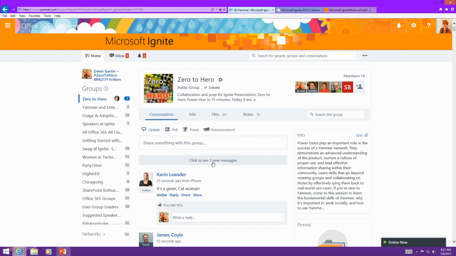Now, the other thing you may have noticed is it is a public group. We did ask you to join, but you don't actually have to join public groups. You can. Certainly, that's where the join is up here. But since it's public, you can always pop into those groups and see what's going on. I tend to join them at first to see if it's got activity that I'm interested in, so I get those notifications on the left-hand side. But totally up to you as to how you want to manage it.